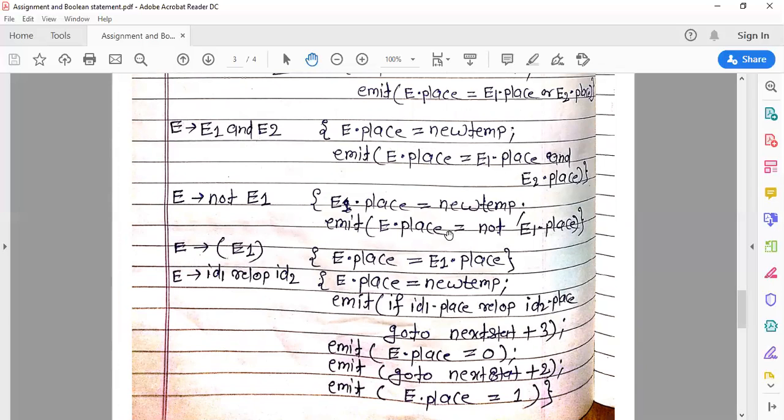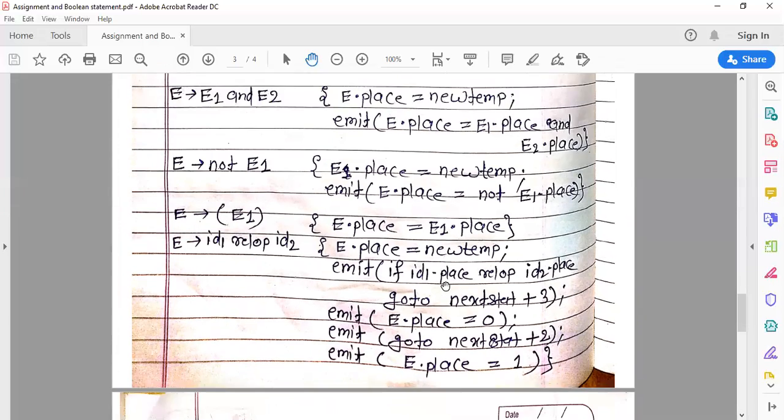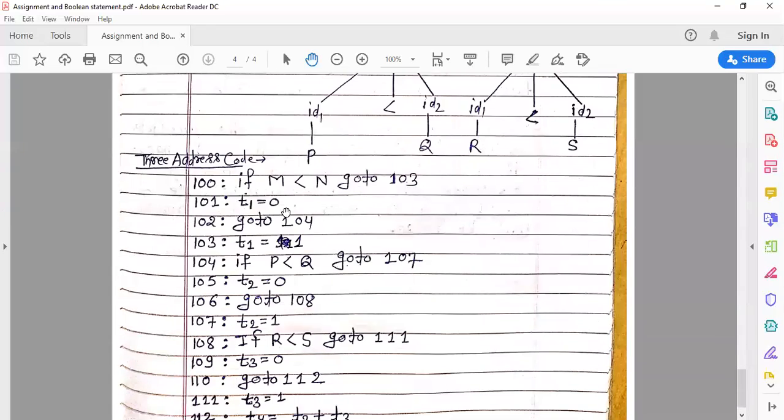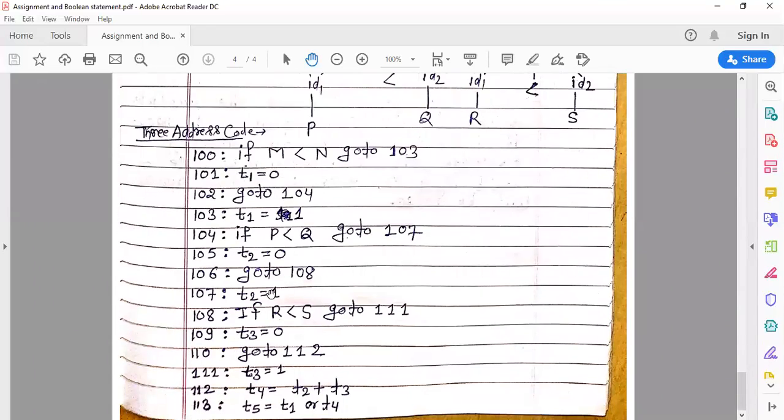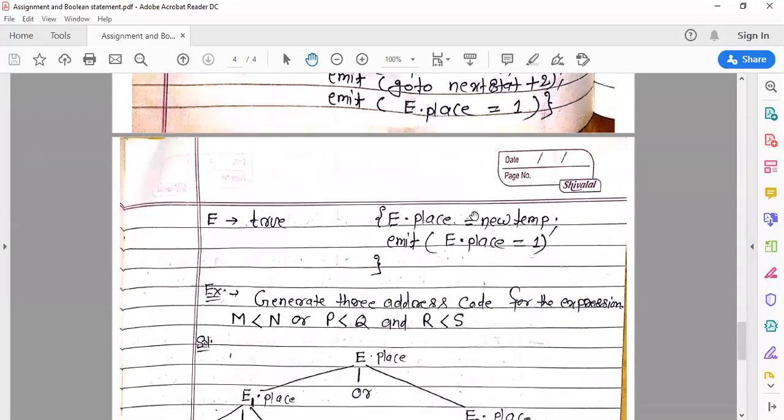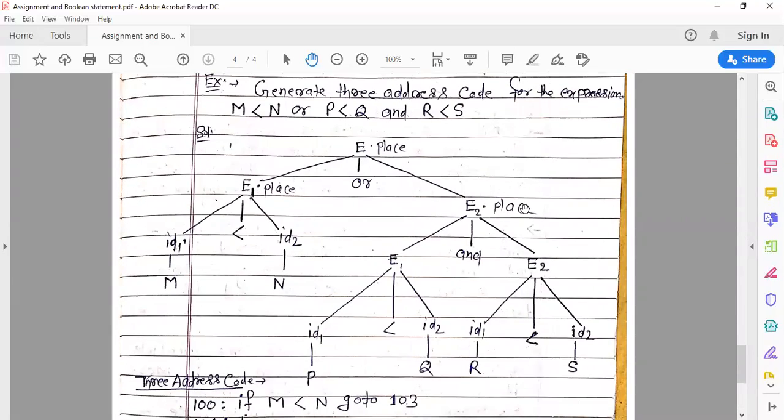We have already generated the temporary variables T1, T2 and T3, so the next temporary variable we will generate is T4.